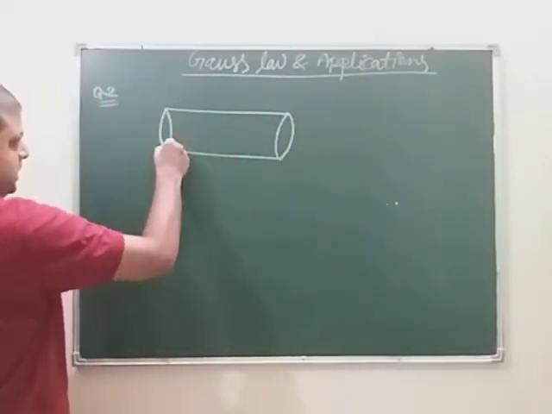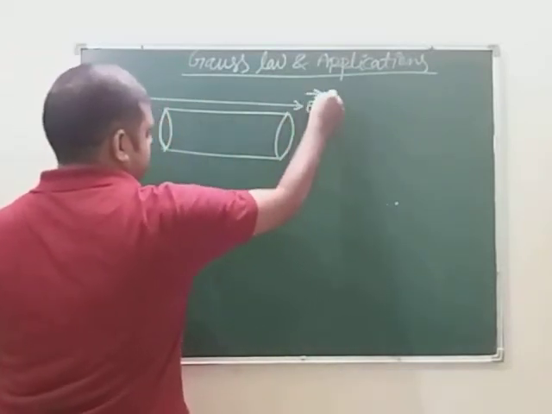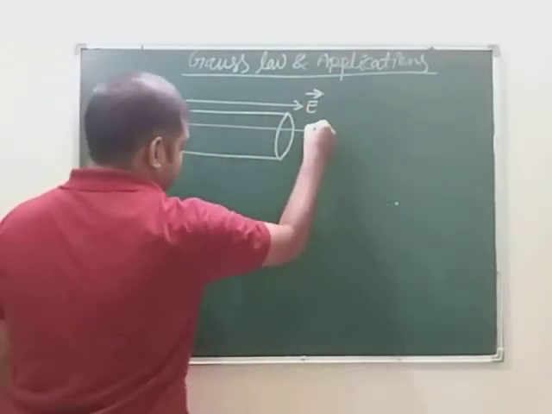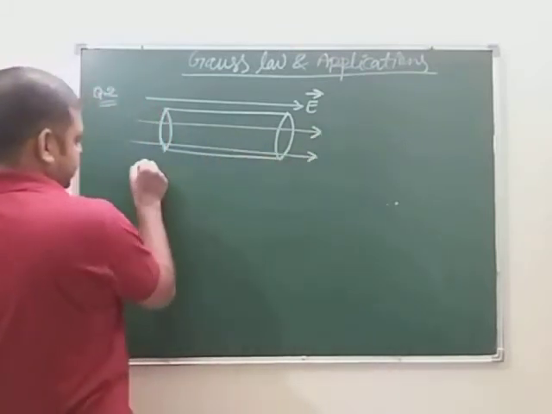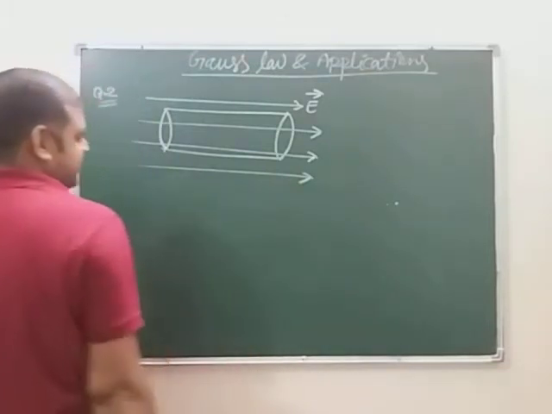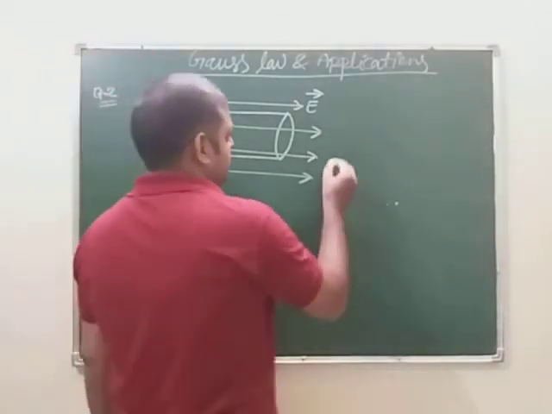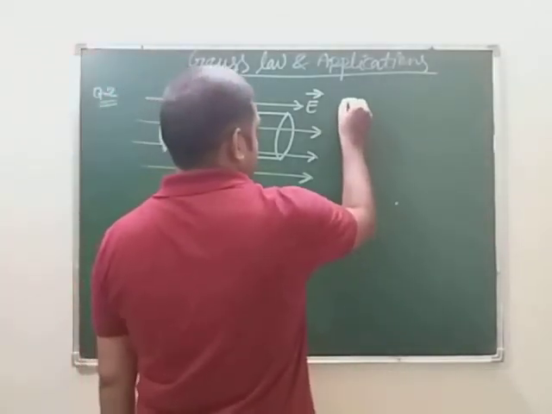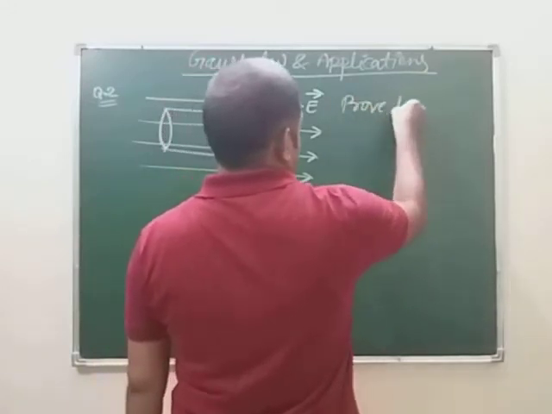A conductor cylinder, and a uniform electric field is passing through it in this direction. Uniform electric field means it will be equidistant. The electric field is passing through this in this way. So we have to prove